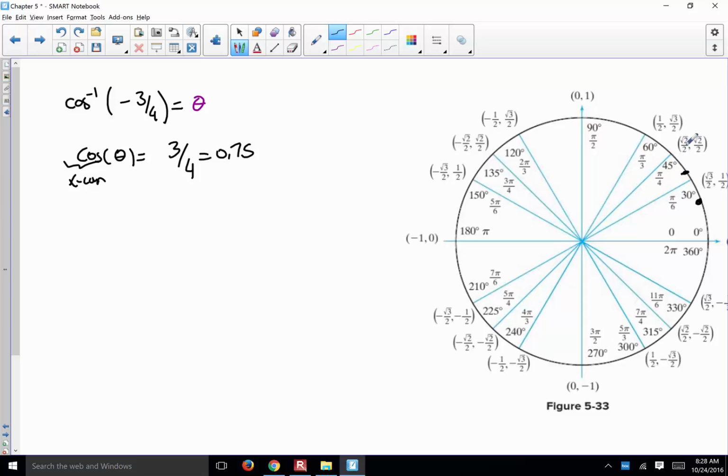Probably almost here, around 45, because root 2 over 2 is about 0.7. So we need to be somewhere here. Okay? Now, whatever this angle is, is it in our desired range? Is it from 0 to 180? Somewhere here, okay? But I put that angle